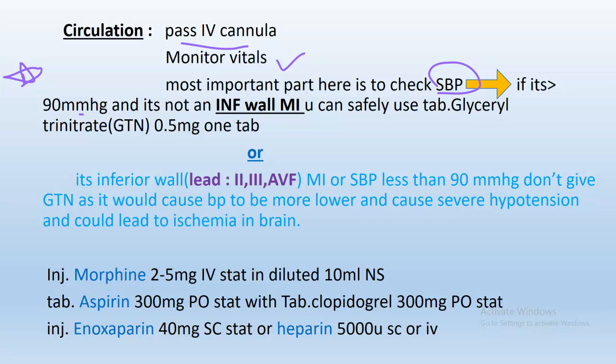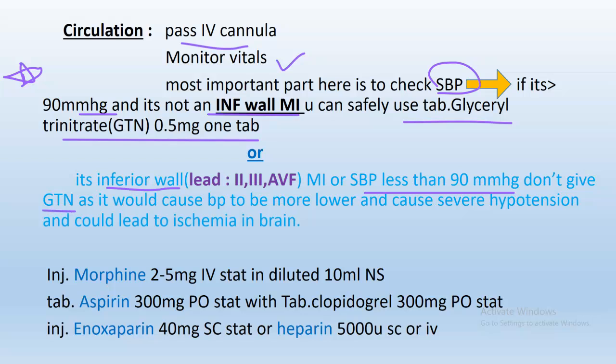if the patient's systolic blood pressure is more than 90 mmHg and on ECG you didn't find an inferior wall MI, in leads 2, 3 and aVF, you can safely use tablet glyceryl trinitrate 0.5 mg, one tablet sublingually. But if you find an inferior wall MI or the systolic blood pressure is less than 90 mmHg, you cannot give the patient GTN,